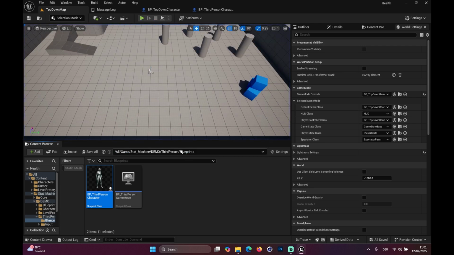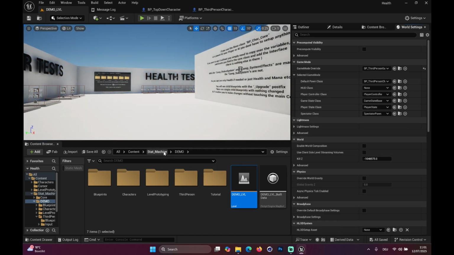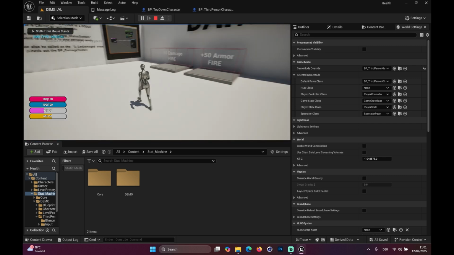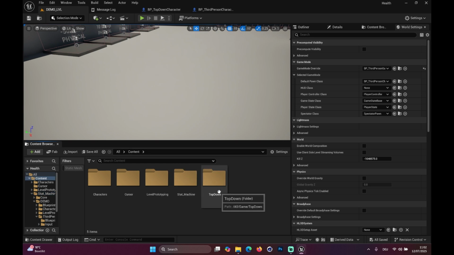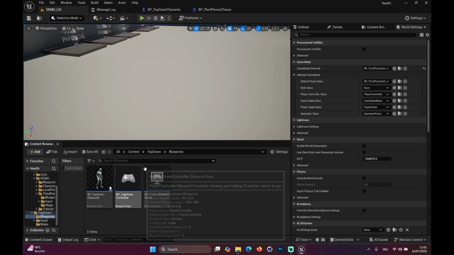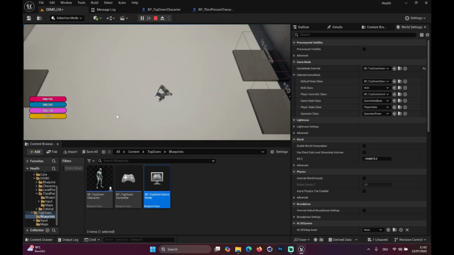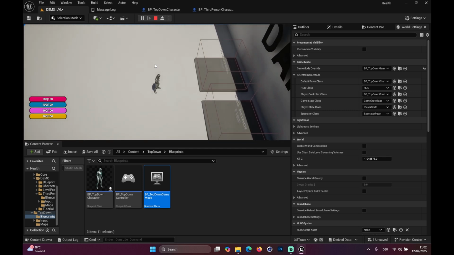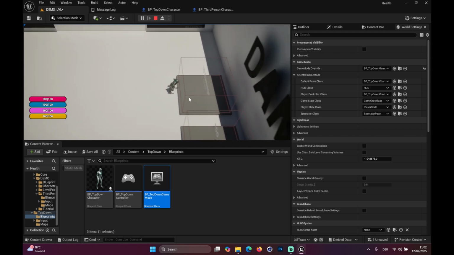And now let's switch over to the demo level. You find that in Stat Machine Demo. If I go in here now, this is the third person character that comes with the demo, but we switch this over now to the top-down blueprints demo mode. Okay. We go here, and I cannot change the camera right now. Okay, that was maybe the worst to pick, but if we can just go in here, as you can see,